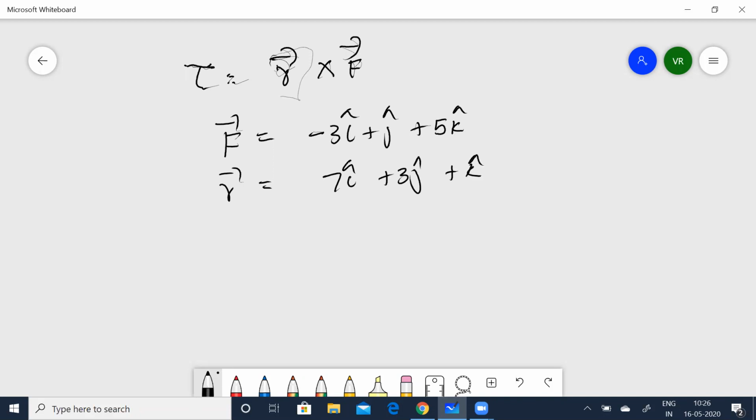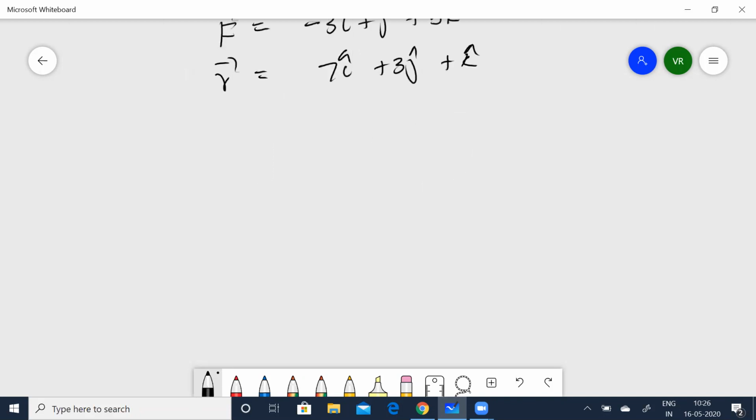So now in mathematics, you would have learned about the determinants. So make use of that. So r vector cross f vector. Remember, you have to do r vector cross f vector. It is not f cross r, because the cross product of vector multiplication is not commutative. So you should always put it as r cross f only. Remember that. So that is going to be equal to, I can put it as i, j, k.